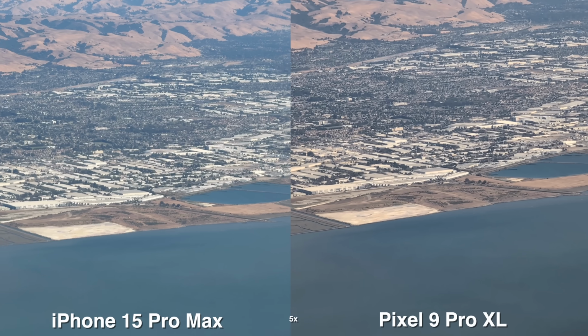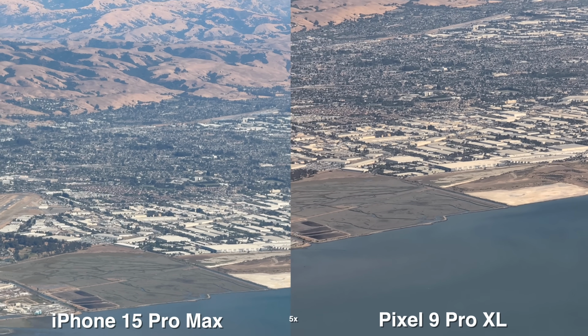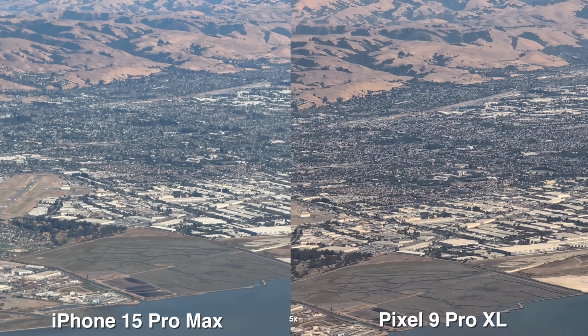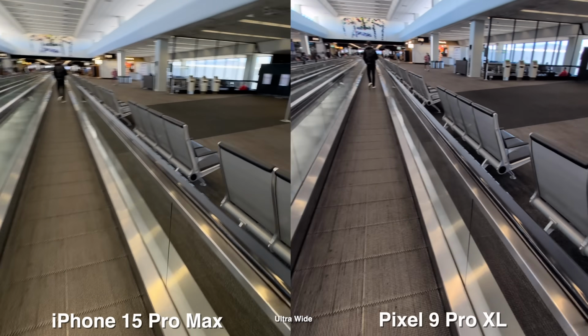You also get the 5x as well, which is pretty nice to have, especially now having all three cameras on a smaller size Pixel, which is something I've always wanted because I like the size of the 8, but I didn't really want to use it because I wanted all three cameras, so I had to lean towards the 8 Pro. And for video, the white balancing is still pretty hefty on the Pixel where it's really strong with the